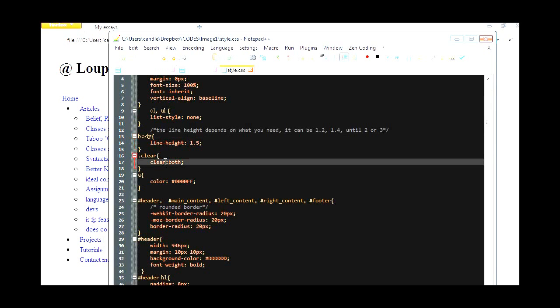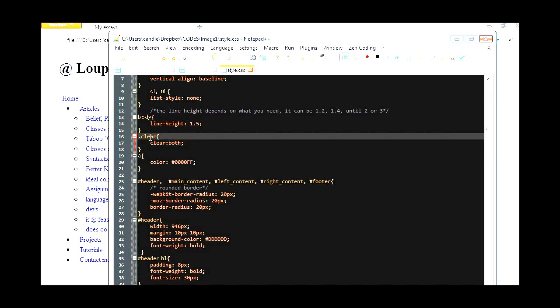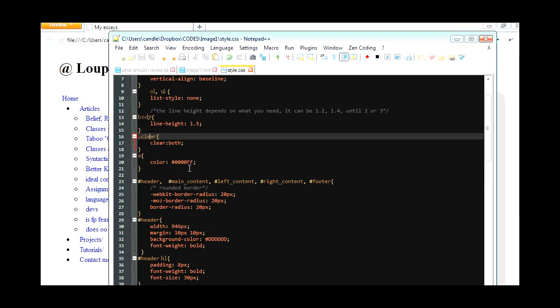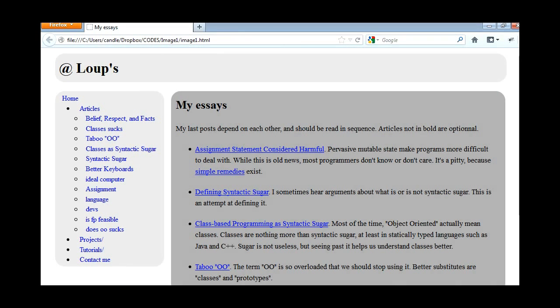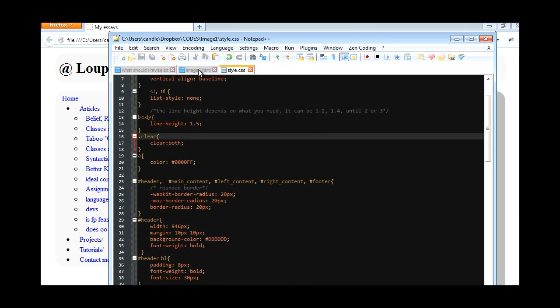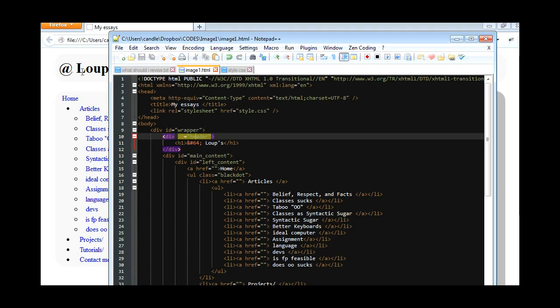Now I have some classes here as well. Some classes declared here, and for to clear the float. Alright, so let's start with the header. So the header here is what we put in here in my codes. I have it here set up. The @ sign, I have it here, the HTML code for the @ sign. Inside the header, I have this word loops,